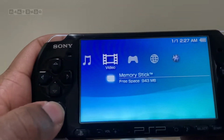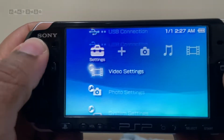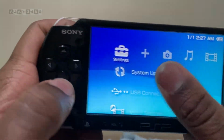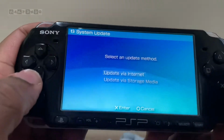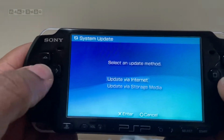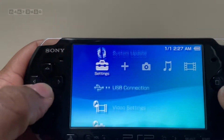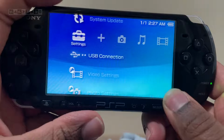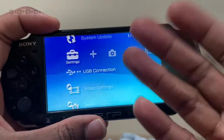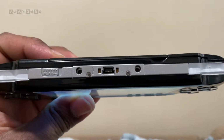So use the D-pad. You can use the analog stick. Use the D-pad to choose what you want, and boom. So you got settings here. System update, again. This is on the latest update. I believe it's 6.60. If you try to update it, it's going to tell you that it's the latest update. USB connection. You want to put games on this thing, or put music, pictures, movies, or things like that. Connect to the USB port on your computer, and you can